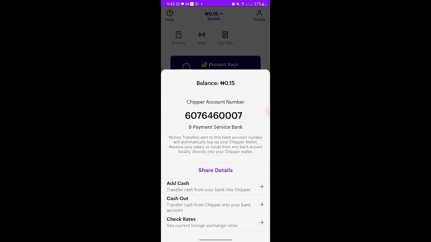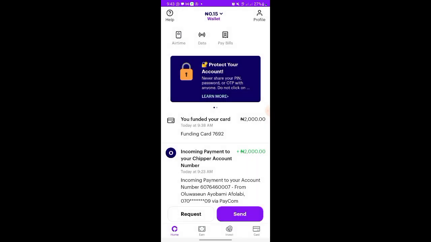I'm going to do that right now. See my account number on Chipper. This is my account number, and this is the account name. So you copy. Once you tap it once, it copies the account number. Then you go to whatever account you want to transfer the money from. After you've transferred your money and your money has been received, you can see my 2,000 naira